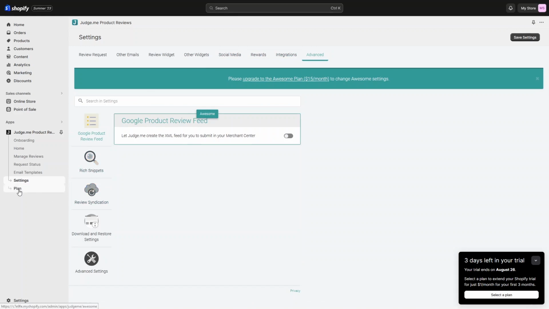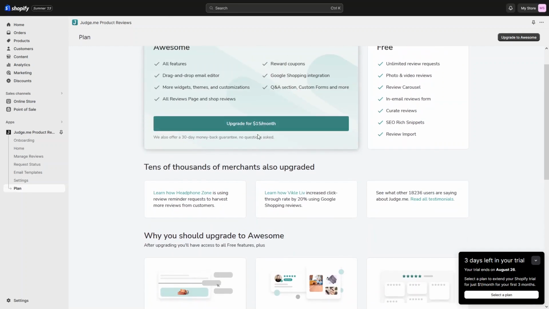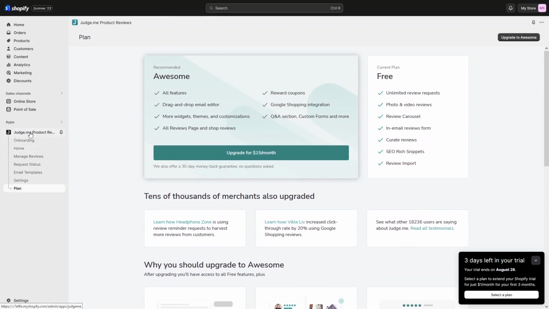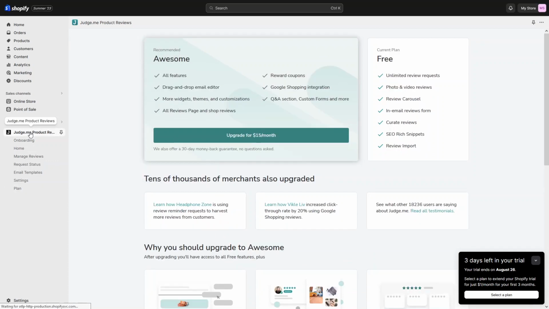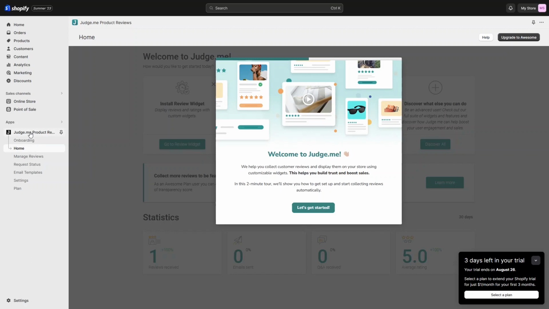And in the last, we have the plan. We have already discussed the plan, that we have two different plans. The first one is the free plan that I'm using right now, and the second one is the recommended, which is the awesome. That is the paid plan, $15 per month. Okay, so this is how we can use the judge.me product reviews for our Shopify store to add the customer reviews on our